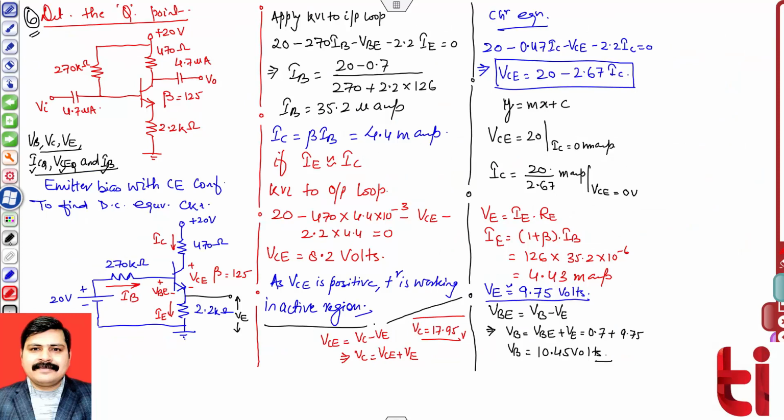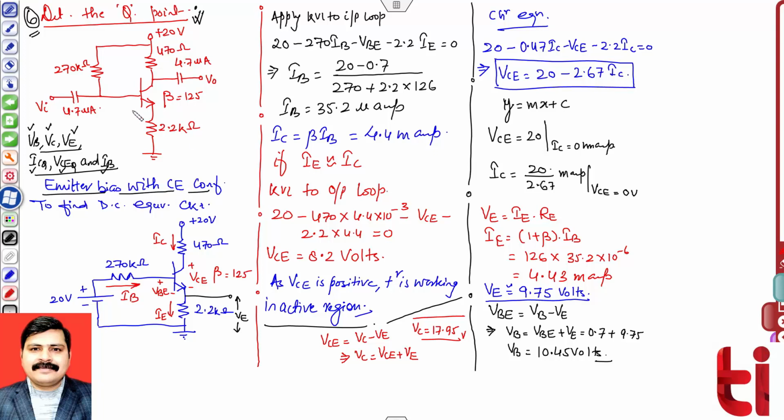So let's see, this is the problem, and in this problem we have to determine the Q point. We have to determine the operating point. In addition to the operating point, there are a few more components we have to determine: base voltage, collector voltage, and emitter voltage. These we also need to determine. So now first let us check which type of biasing this is. For this particular network, you can check this is my emitter bias circuit. So this is my emitter bias configuration.